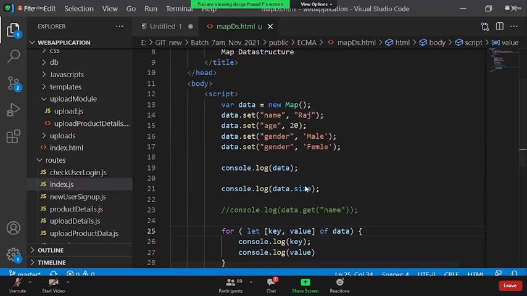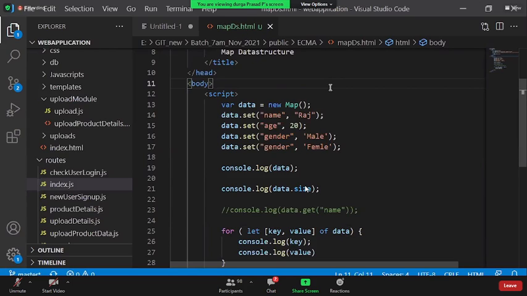So any questions? And in the real-time world, where will you use the map data structure? Anytime you receive the data, for example, we have already seen product data which is coming from the server, and we are going to represent the data on the UI, it is always coming in the form of JSON, so you go with the JSON.